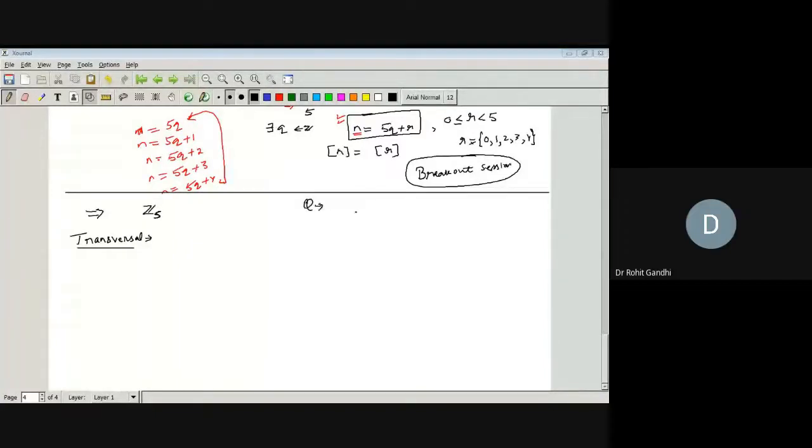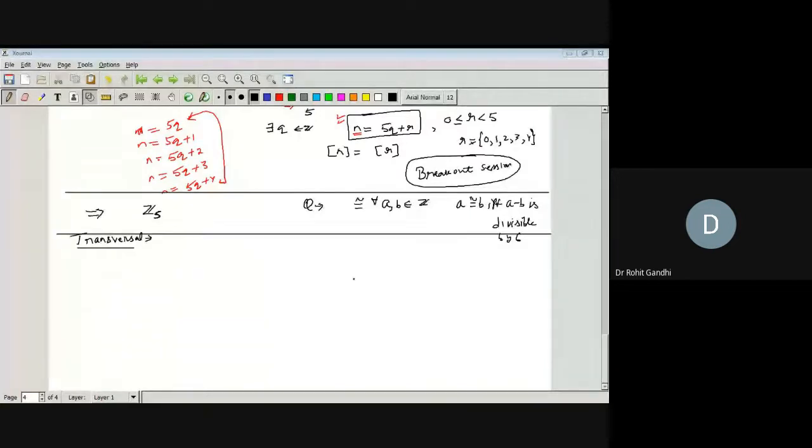Okay. So students, the question is that I am defining a relation like this. For any two a, b belonging to Z, a is in relation with b if and only if a minus b is divisible by 6. Right? Divisible by 6. So think of this question and discuss in your breakout session. You have to write the equivalence classes. You have to see how many equivalence classes you got and the things which we have discussed.